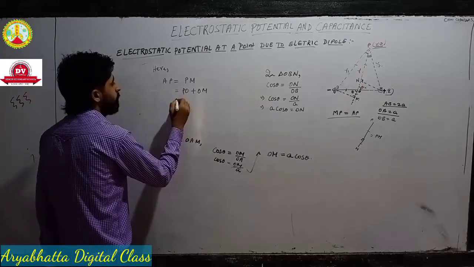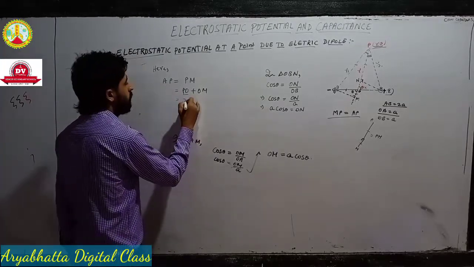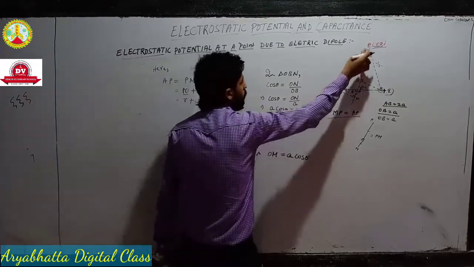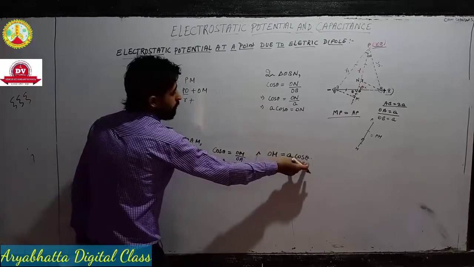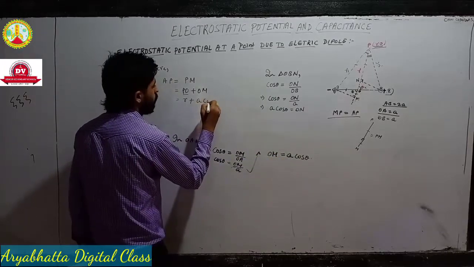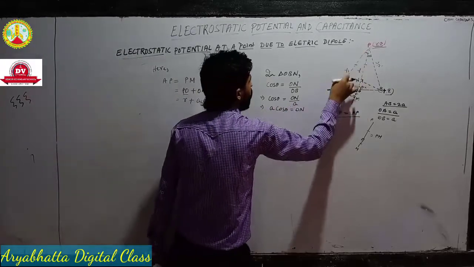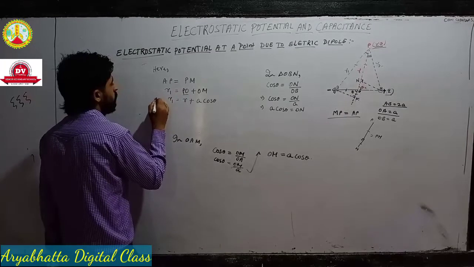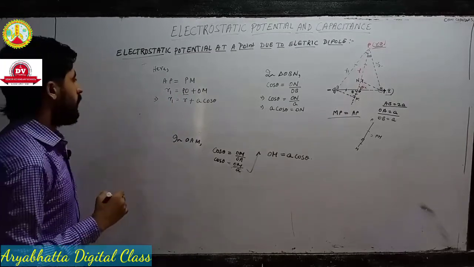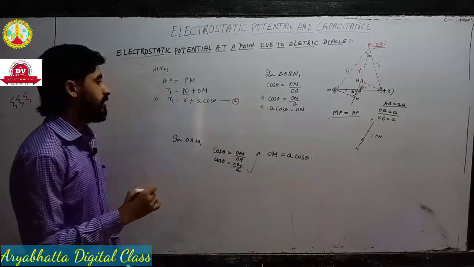Now see here carefully. PO. What is the value of PO we have got? That is R. Right? See, PO is R, and the value of OM? What is the value of OM? A cos theta. So A cos theta. And AP, we already know AP is nothing but what? R1. So AP is R1. Fine. We have got AP as R1. Let's take it as equation 2. Fine.